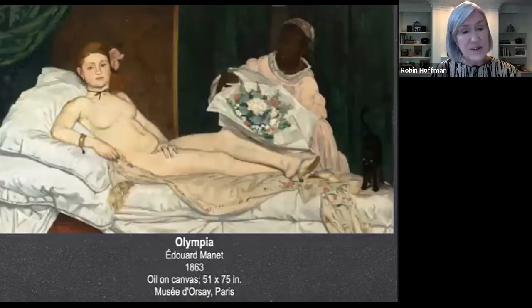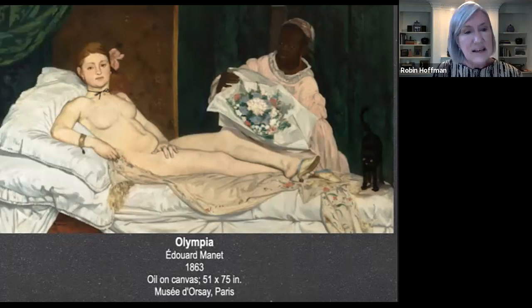Now, this work was also considered shocking. Conservatives condemned it as immoral and vulgar. A nude goddess was perfectly acceptable, but a nude contemporary prostitute awaiting her client was not. What shocked audiences was not Olympia's nudity, but her direct gaze and the clear portrayal of her as a prostitute. The orchid in her hair, her bracelet, her pearl earrings, her oriental shawl, the black ribbon around her neck, and her cast-off slipper all show wealth and show her as a seductress.